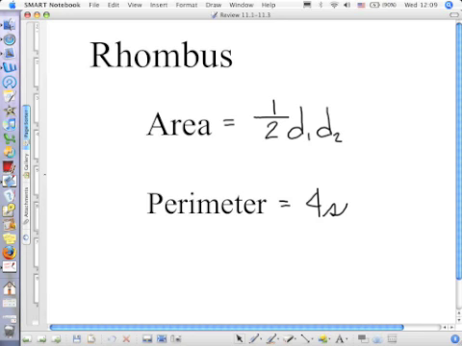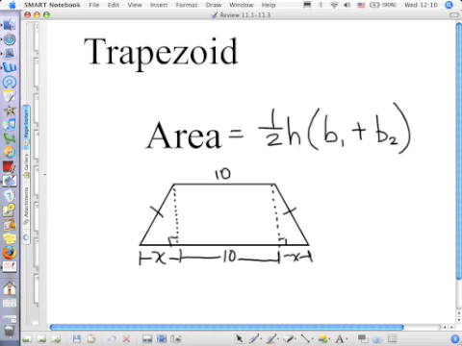A rhombus. If you're given the diagonals, the area is 1/2 diagonal 1 times diagonal 2. The perimeter is exactly like a square because it has 4 equal sides. We're going to see an example, though, where we're not given the diagonals, and it's easier to use a parallelogram formula. But we'll see that whenever we're working through the pretest. Because remember, a rhombus is a parallelogram. And then finally, we had our trapezoids,